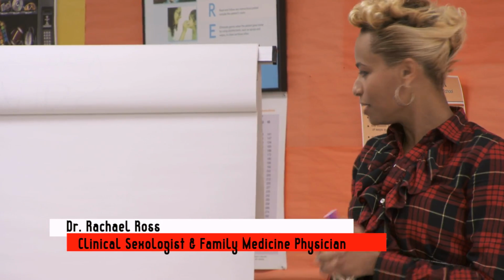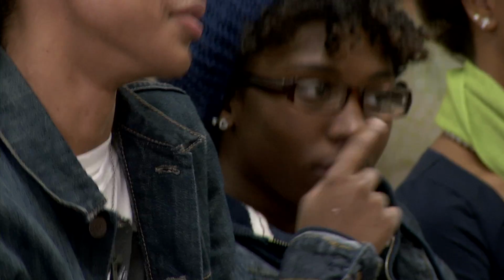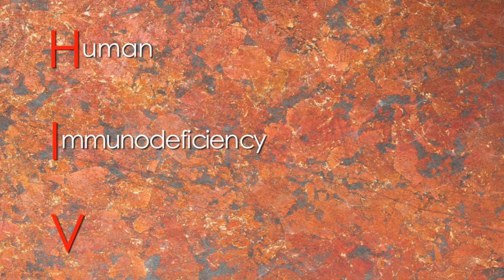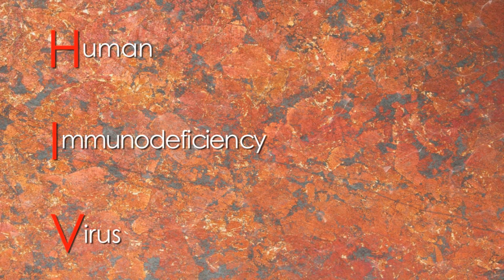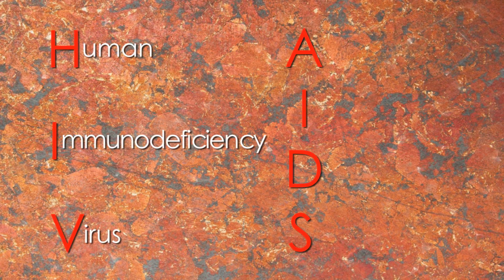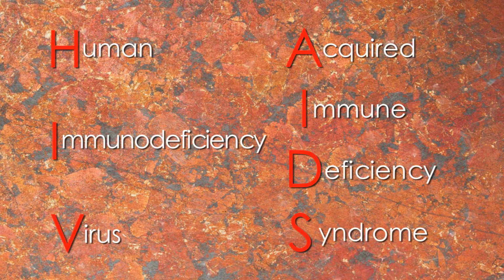Can somebody, anybody, tell me what HIV and AIDS stands for? I think HIV stands for Human Immunodeficiency Virus, and AIDS stands for something with an A, then Immunodeficiency Syndrome. Very good. That's one of the closest explanations I've heard. Not exactly correct, but let's go through it. HIV stands for Human Immunodeficiency Virus. HIV is the virus that causes AIDS, which stands for Acquired Immune Deficiency Syndrome.